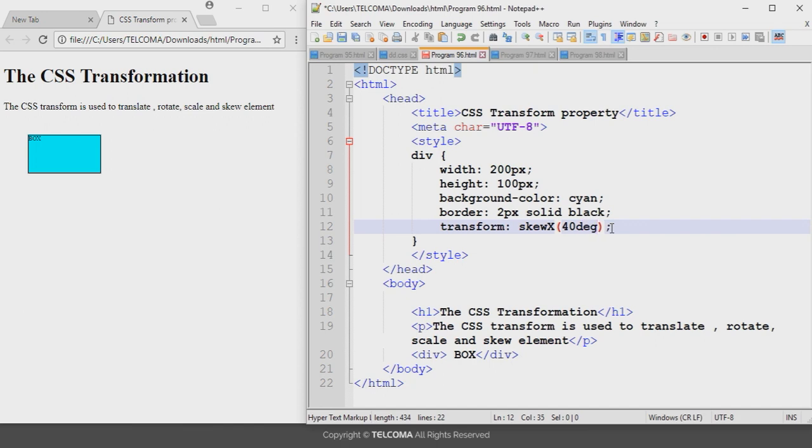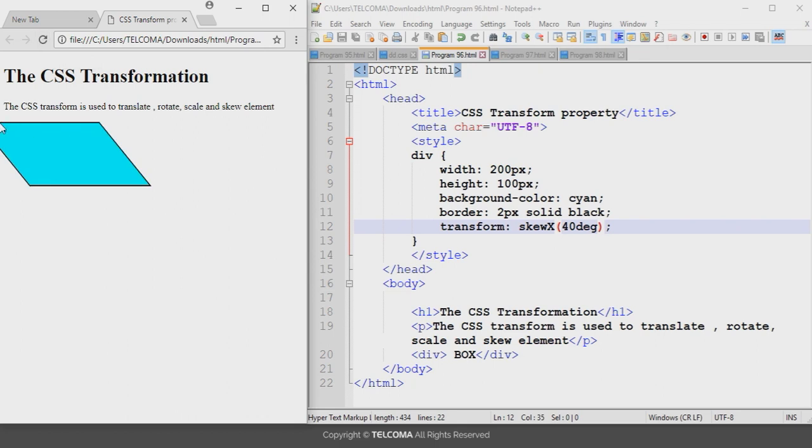So here the skew x method skews an element along the x-axis by the given angle. So it will skew this box according to the x-axis. Refresh it, so you can see that it skews this box along the x-axis. To skew it by the y-axis, you can write here y, and now again save it and refresh it. So you can see that